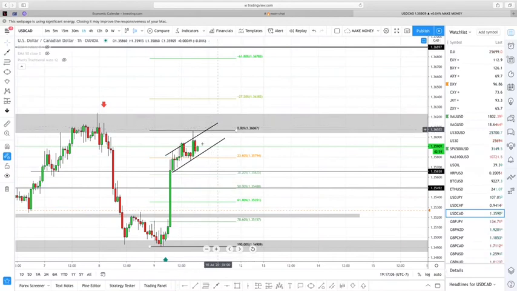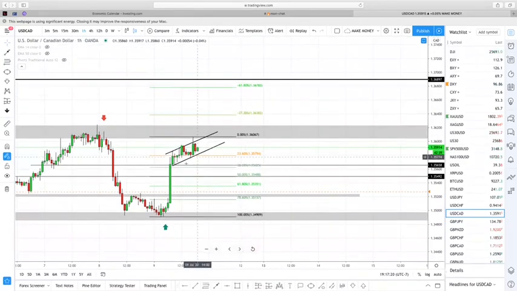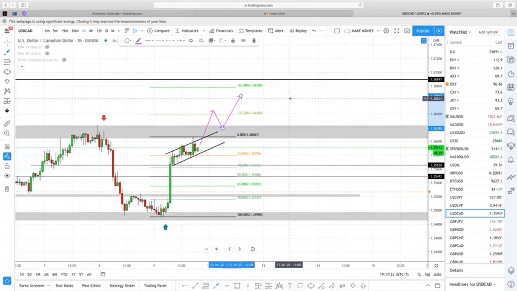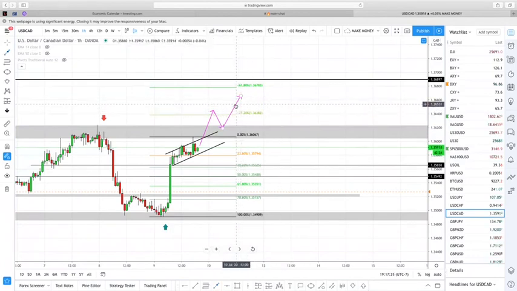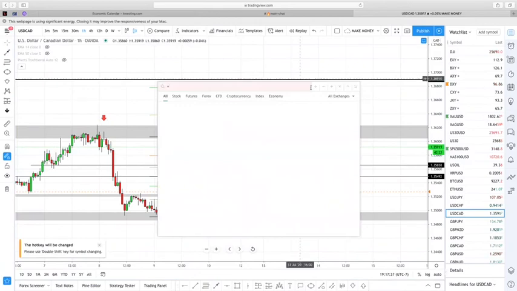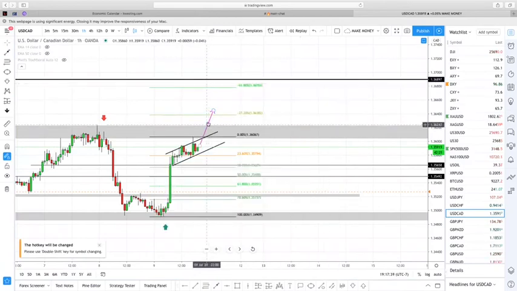So once it's out of the flag, it could give a little break, okay? Like say we can have this candle just shoot up here. At the same time, we're waiting, okay? We're not just going to jump to a buy just because it broke out of the flag, especially with it so close to this zone. Something like this, if we break out of the flag here, we'd wait for a buy, okay? But since we're so close to the zone where it's rejected off of plenty of times,